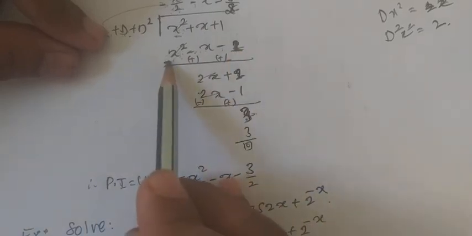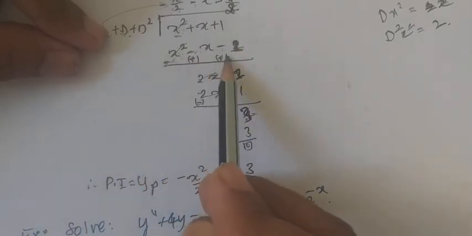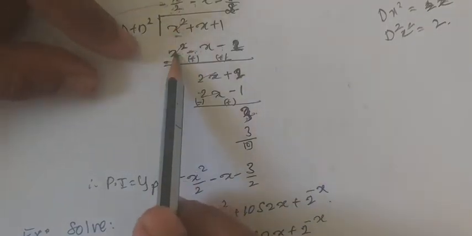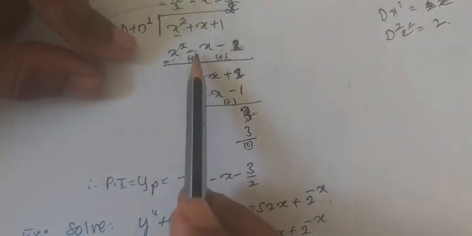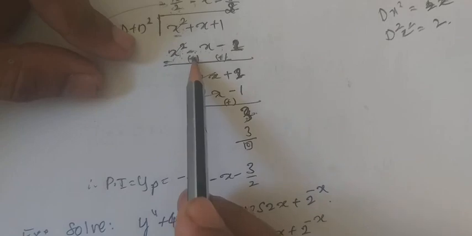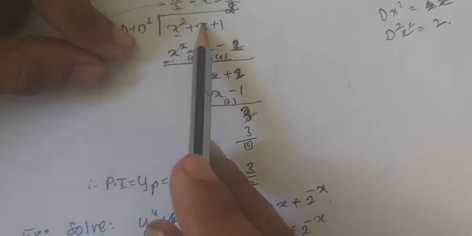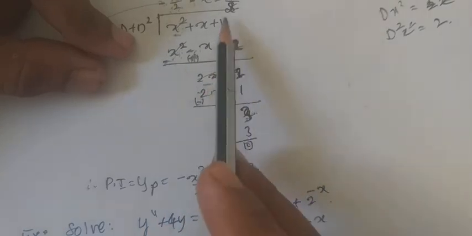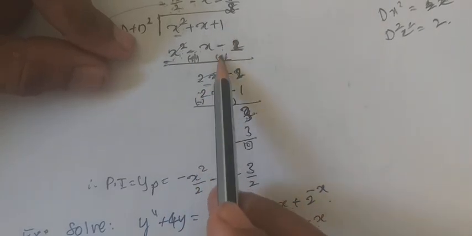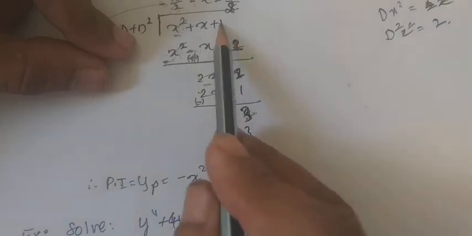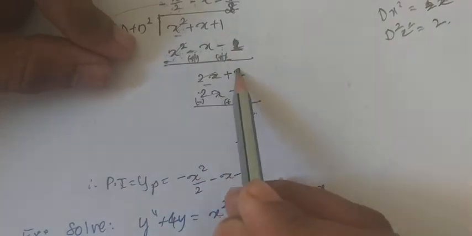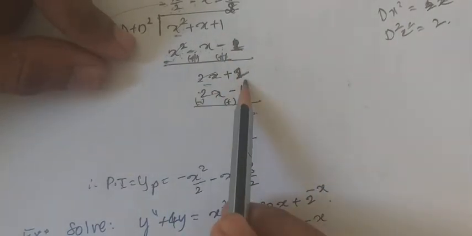Now subtracting, this becomes minus, this becomes plus, this becomes plus. So x square gets cancelled. So here x plus x, you should not consider this sign, it is changed after subtraction. So minus into minus becomes plus. So x plus x is 2x, then this is a 2, it is also minus, but it becomes plus. 1 plus 1 is 2. So you are left with 2x plus 2.